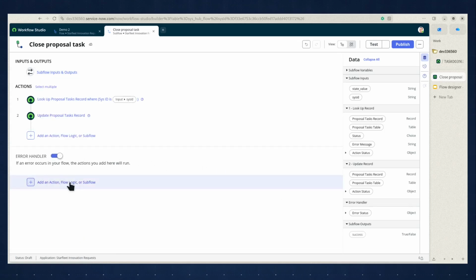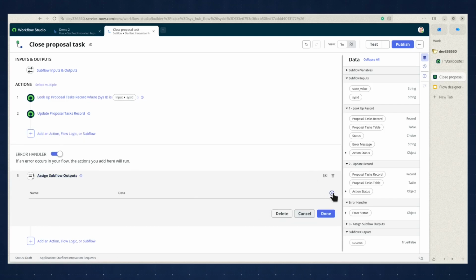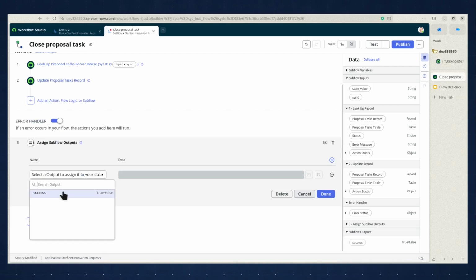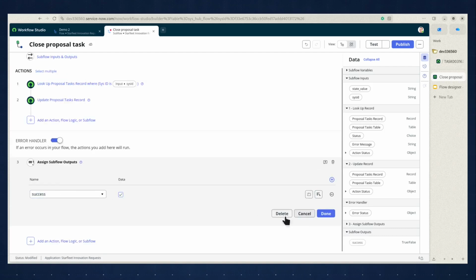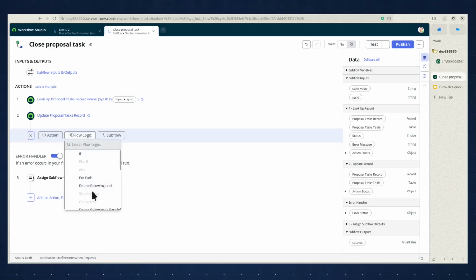Done. And whenever there's an error, we will assign subflow output success to true. Oh, sorry, to false, my mistake. That is done. But since we have set success as false in case of error, we should set it true in case of success, right? So again,